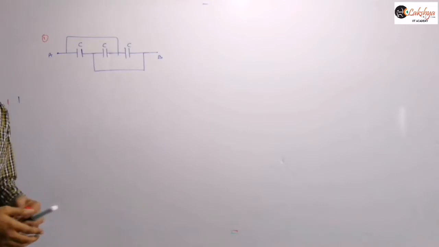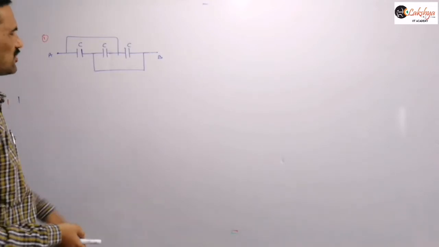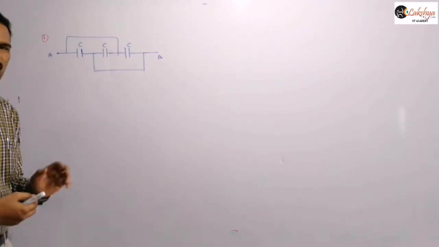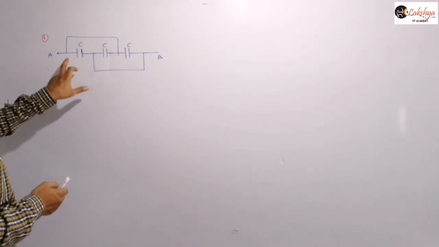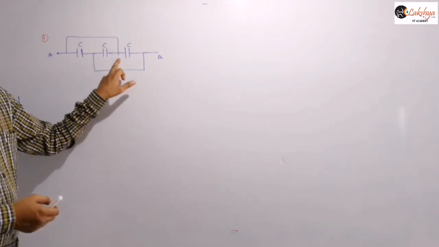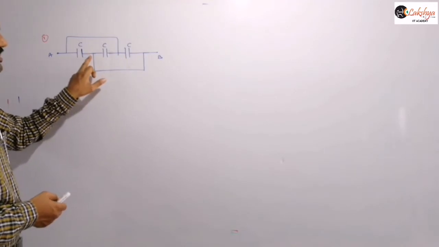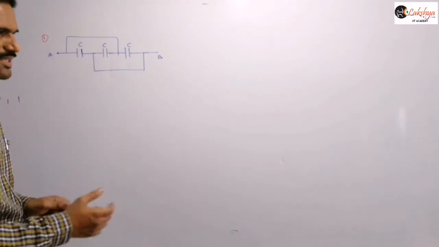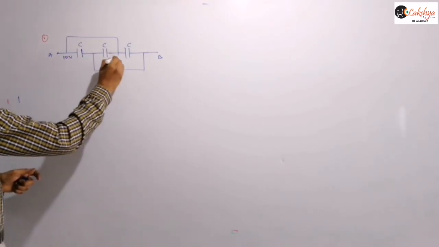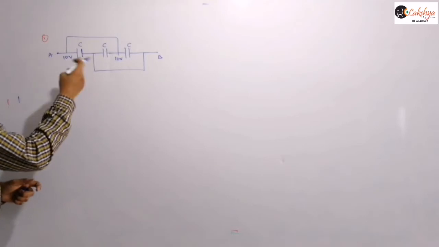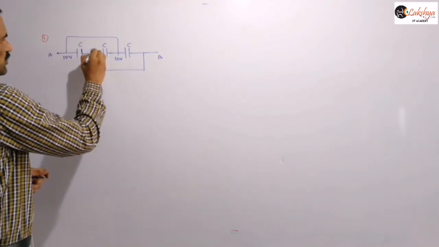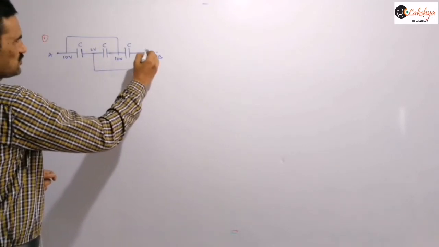Then you can easily say, with the knowledge of our current density circuit analysis, that all these three capacitors are in parallel, right? Because we already discussed the same problem in resistors. Whatever potential is there here, the same potential will be there here. And similarly, whatever potential is there here, the same potential will be there here. For example, I am taking some potential of 10 volts here. Then the same 10 volts will be there here. This is an example. And for example, here let us take 2 volts. Then here also the same 2 volts will be there, right?